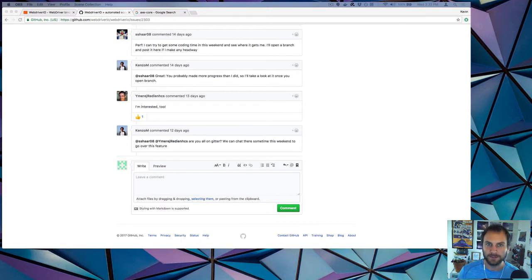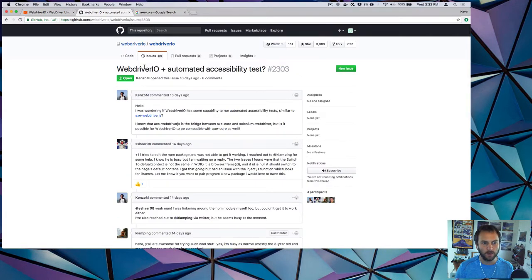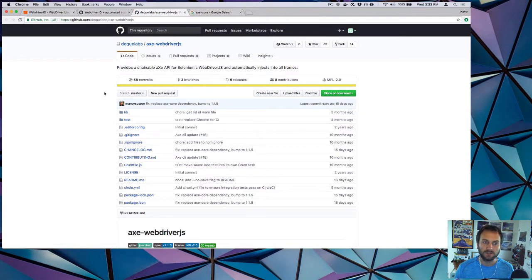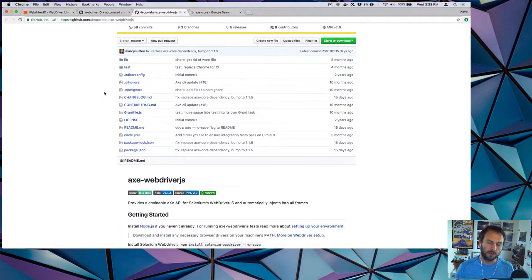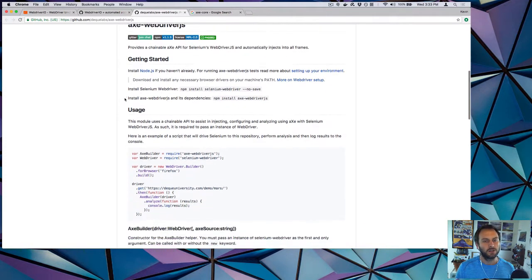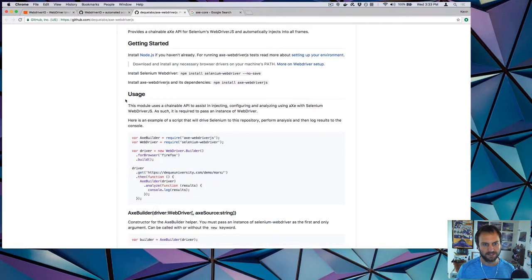Going over WebdriverIO topics. Today's topic is this issue right here, WebdriverIO and automated accessibility testing. There's this really cool tool out there built for testing your websites in an automated fashion for accessibility issues. It doesn't check everything for accessibility, because you can't really do that from an automated standpoint. You do have to have a lot of manual testing. It's the same way with user experience testing. You want to test all the different flows as an actual person trying it out versus just a machine looking